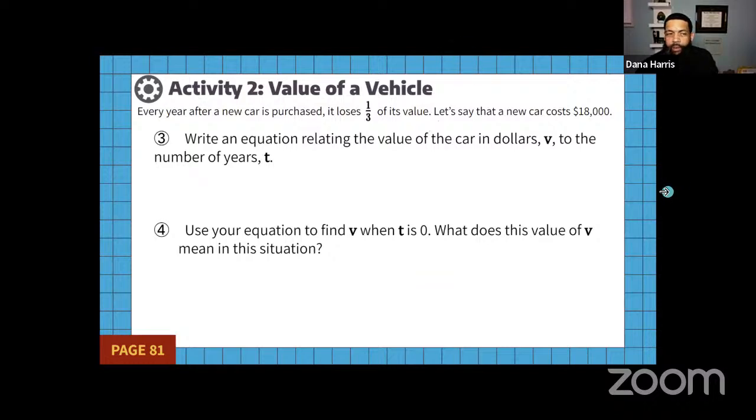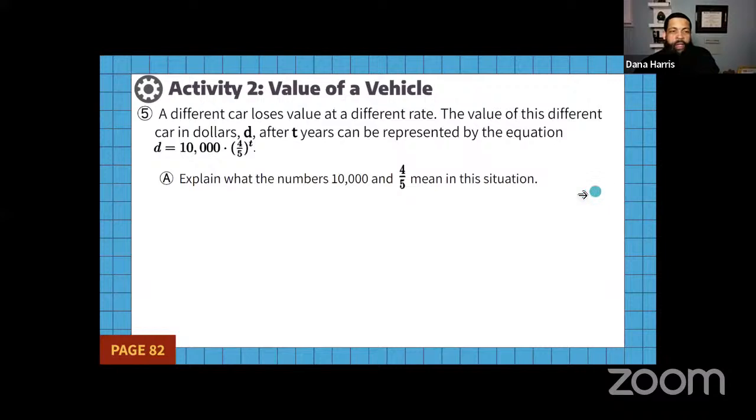And let's go to the next one. It says the different car loses value at a different rate. The value of this car in dollars D after t years can be represented by the equation D equals 10,000 times 4/5 to the t power. Explain what the number 10,000 means. So 10,000 is the price of the car, the initial price of the car, and